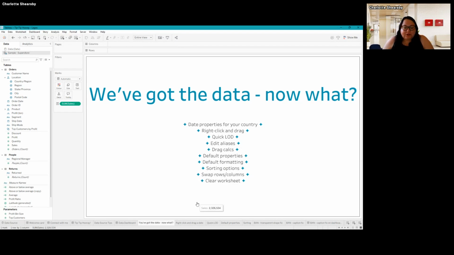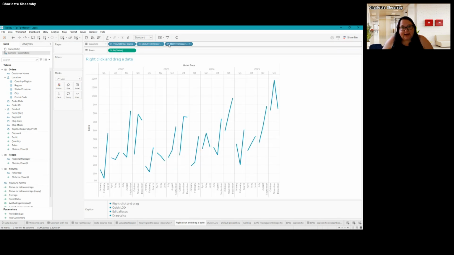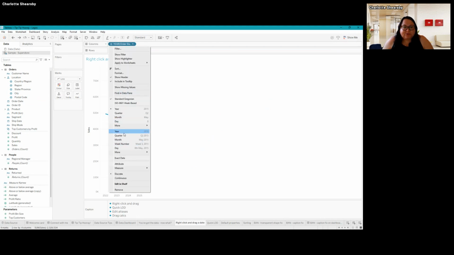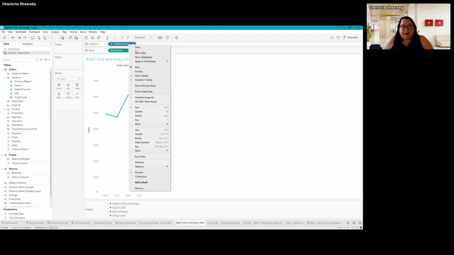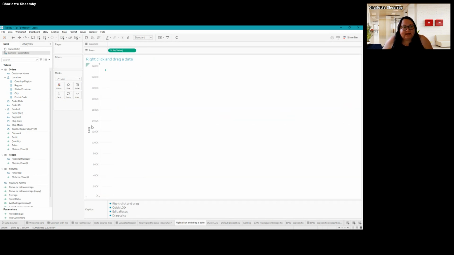Talking of dates, when we are using them on a chart, we can obviously pick up our date from the data pane, drag it over to columns. It will aggregate up to year. We can split it out like that. But then we can click how we want to view it by right clicking or going to the drop down. So if I change that to month, we can do that. But I'm going to save you a couple of clicks and a couple of steps by simply using the right click of your mouse.